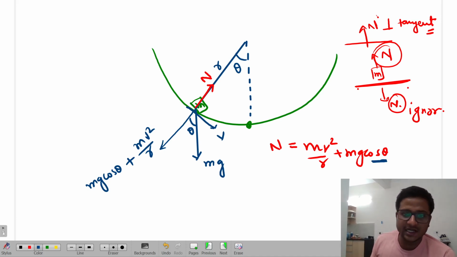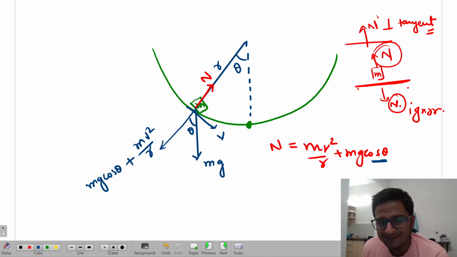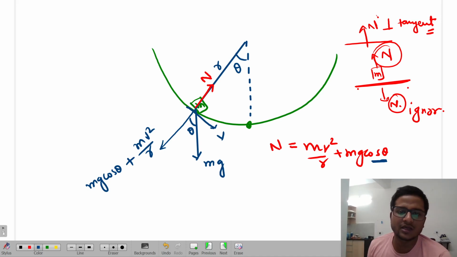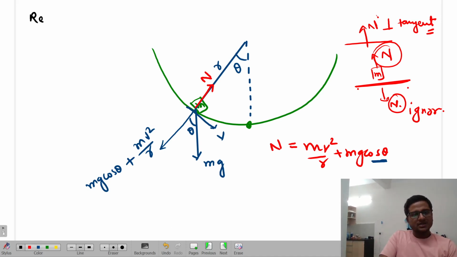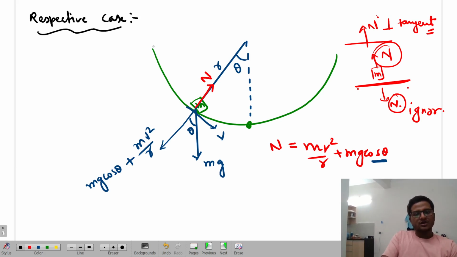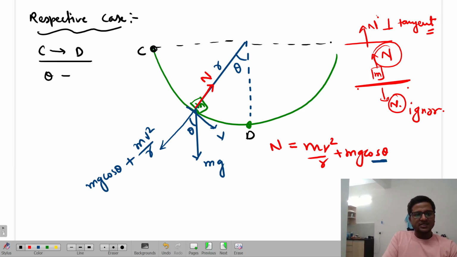तो जैसे जैसे थीटा वैरी करेगा वैसे वैसे नॉर्मल वैरी करेगा ना। तो इसका मतलब क्या हुआ कि जैसे जैसे थीटा वैरी करेगा तुम्हारी नॉर्मल की वैल्यू वैरी करेगी और तुम्हारी वेट वैरी करेगी, है ना? So if I consider the respective cases, if I move from this horizontal path towards this inner part, as I go from this particular point C to D, basically theta is decreasing,